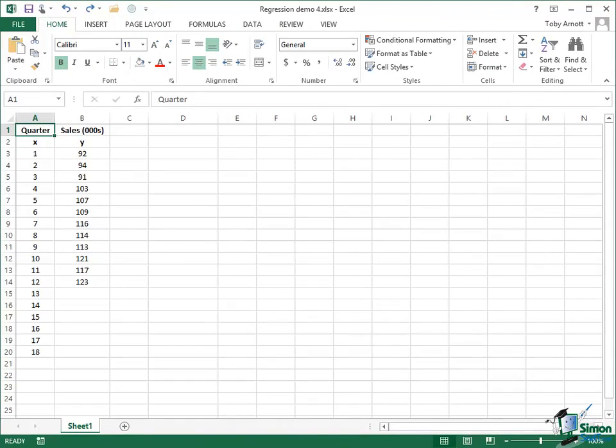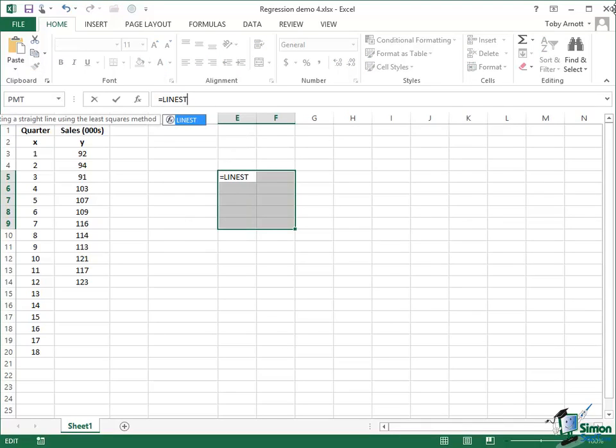In terms of the number of rows we need in the area to select, if all you want to do is to get the slope and intercept, you just need 1 row with those 2 columns and you'll get the slope and intercept. But if you want the various statistics that you can use to identify both how strong the model is and what sort of allowance to make for errors, as I'll explain in a little while, you need an additional 4 rows. So if we're going to make maximum use of LINEST, in this example we need 2 columns and 5 rows. So let me select a range here, 5 rows and 2 columns, and then I type in equals